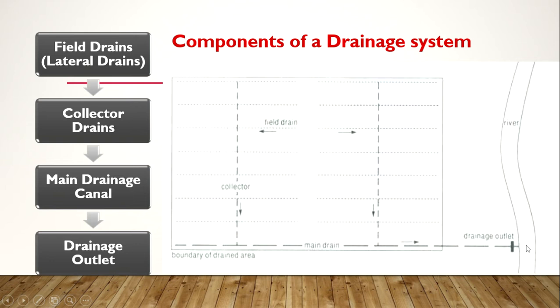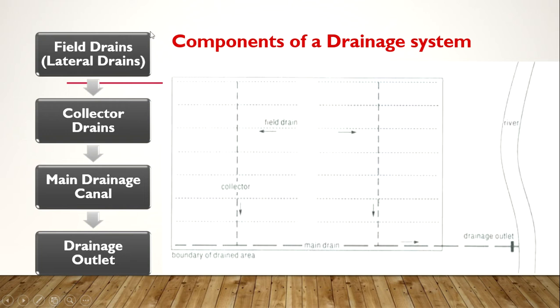So this is our outlet. This is a natural outlet, which is a river nearby the field. There will be a plug here. So this is a valve. When we open this valve as needed, this water will be discharged into this river. So this is the layout of the drainage system.